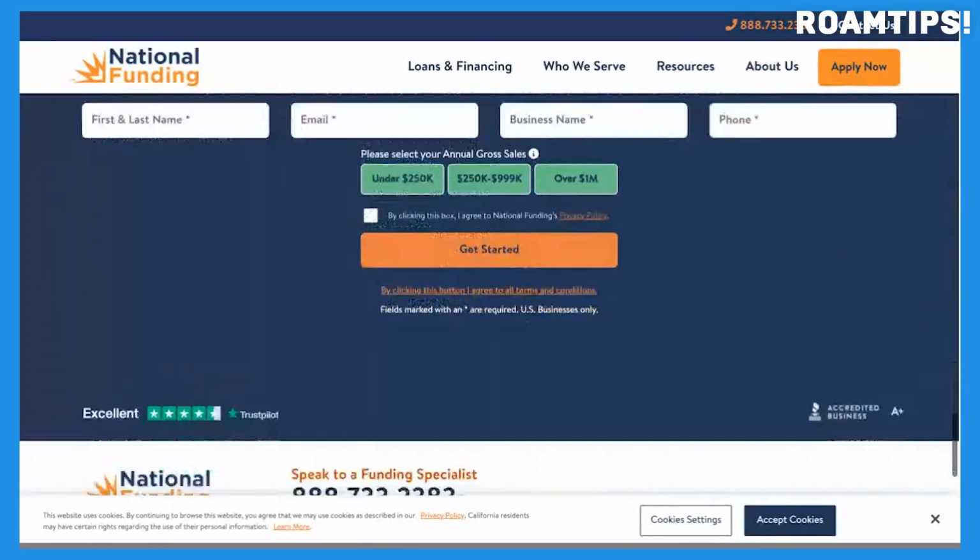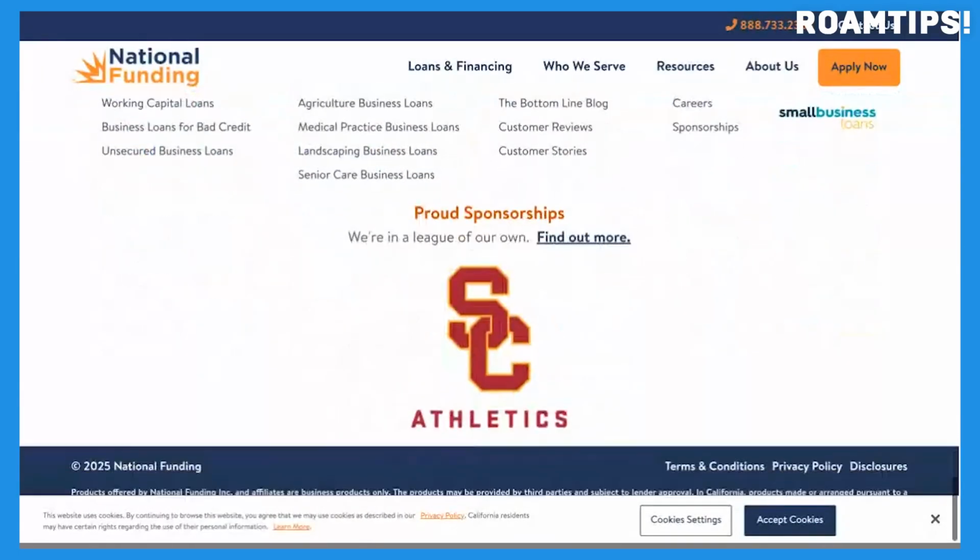Today, we're taking a look at National Funding, a company found at nationalfunding.com. This financial services firm offers a variety of funding options for small to medium-sized businesses. Navigating the world of business financing can be daunting, so it's essential to understand what National Funding brings to the table. They specialize in providing access to working capital, which can be crucial for businesses facing unexpected expenses, seasonal fluctuations,